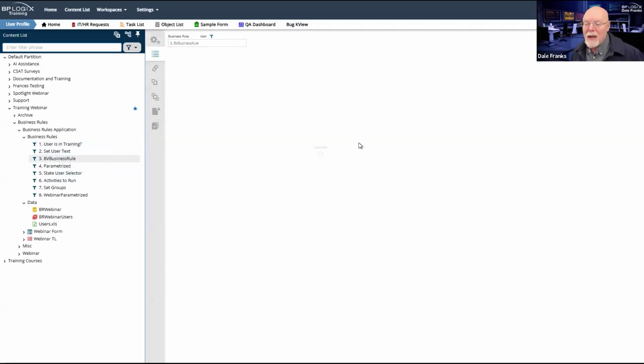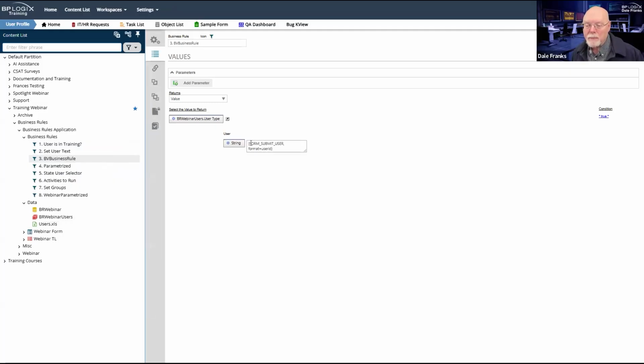Something to keep in mind, though, because we're going to be using the business rule in this way, is that when I set up my parameter, form submit user, form submitter, basically a user picker, any user system variable, is going to return as the actual value the user UID, the GUID that uniquely identifies the user. That really is the unique ID that gets assigned to every object. It's some sort of GUID. It gets assigned to every object in the database, including any user object. And so it always wants to return the GUID.